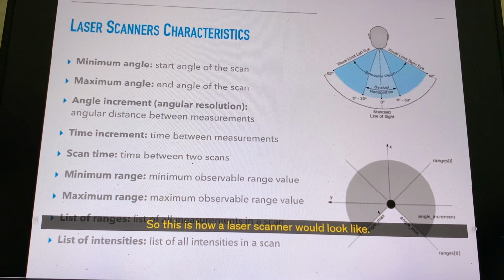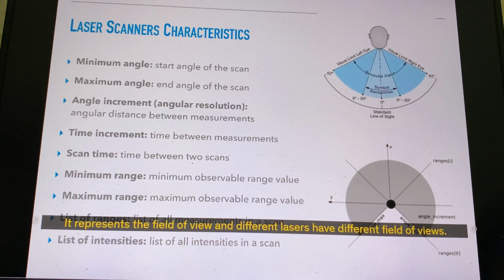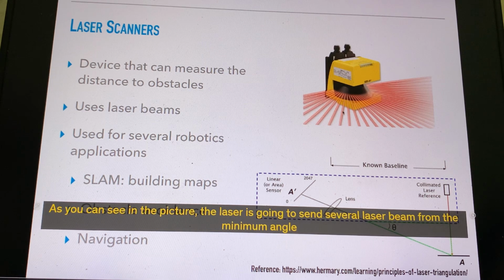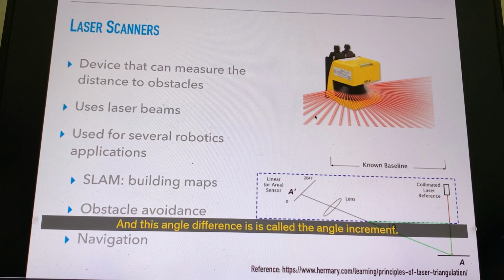So this is how a laser scanner would look. It will send a beam of laser over a certain angle, and here we have the minimum angle and the maximum angle. And the total field between the minimum angle and the maximum angle represents the field of view. Different lasers have different fields of view, and of course this will impact their cost, their performance, and so on. As you can see in the picture, the laser is going to send several laser beams from the minimum angle to the maximum angle, and you can see here we have separate beams, and there is an angle difference between one beam and another, and this angle difference is called the angle increment,